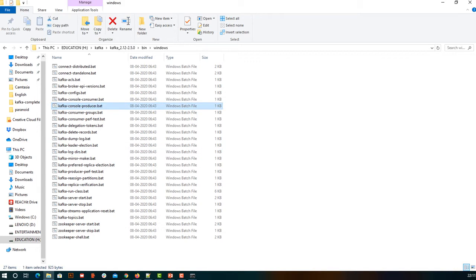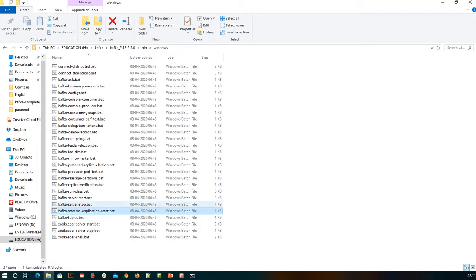To create a producer, you are going to use this batch file and its corresponding properties. If you have something to do with the topic, you are going to use Kafka-topics. Anything with respect to topic, you need to see what topics are created, you want to delete any topic, you want to create any topics, anything related to topic, you will use Kafka-topics. Anything related to streams, you are going to use Kafka-streams.